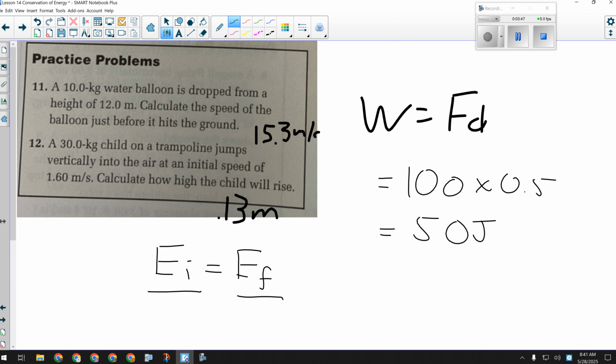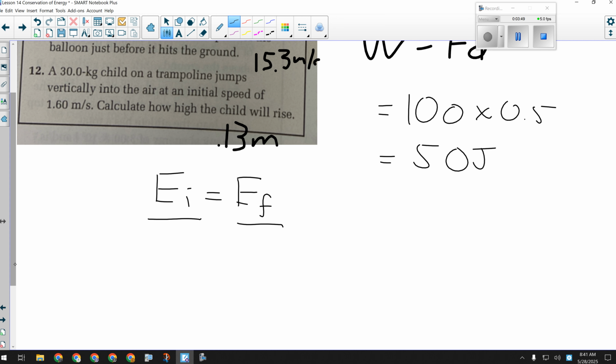So what we'd be saying in that situation is this. The initial energy of the bow was 50 joules. The final energy of the arrow was 50 joules. The energy was conserved. Where we're headed is a calculation kind of like what we've done before. It's kind of like a work energy theorem question, except we're going to take the work part of it out and just compare the energy of a system before and after some conversion occurs.